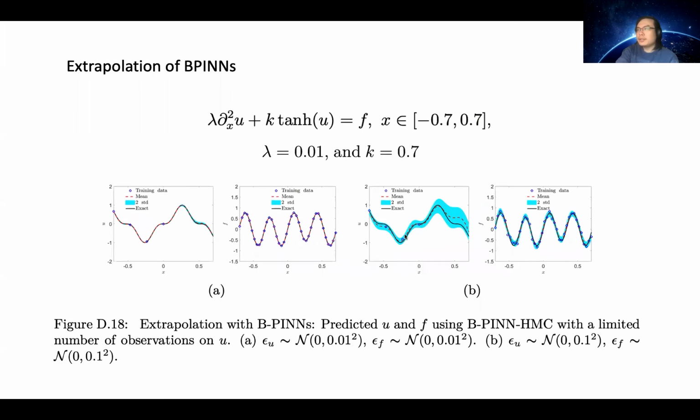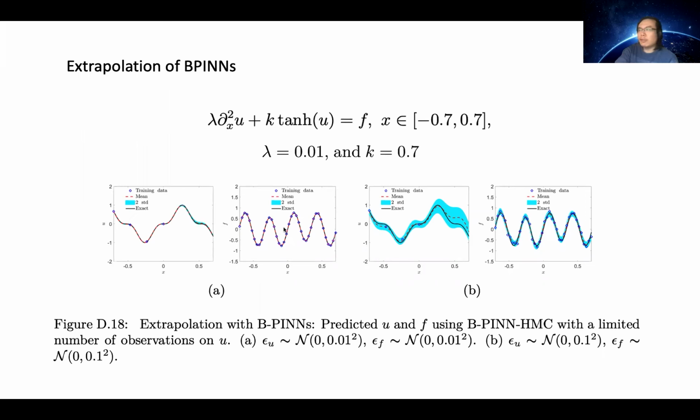Okay. Then I want to show something interesting. So this is the extrapolation of BPINNs. Basically, why do I care about this? Because in classic methods, usually you always need some, for example, boundary condition, etc. But extrapolation is something we care about. For example, in this problem, suppose we only have data of u here, on 4 points. We don't have data on the right-hand side, where x is positive.